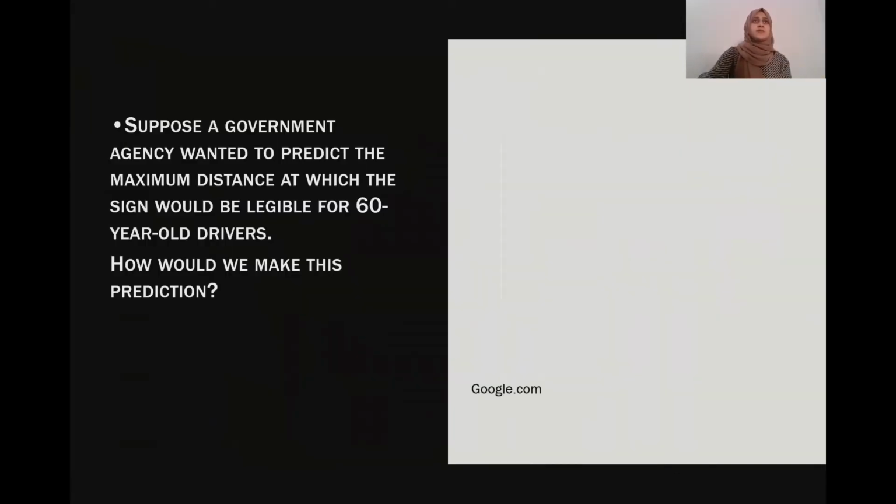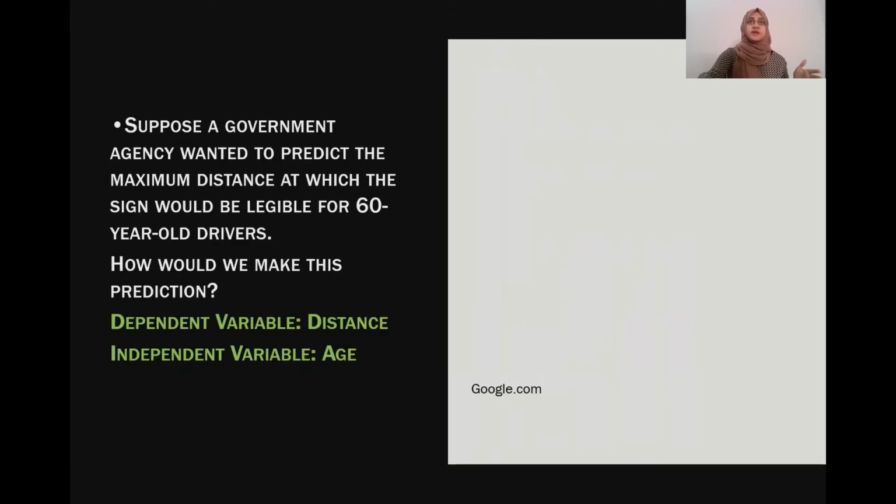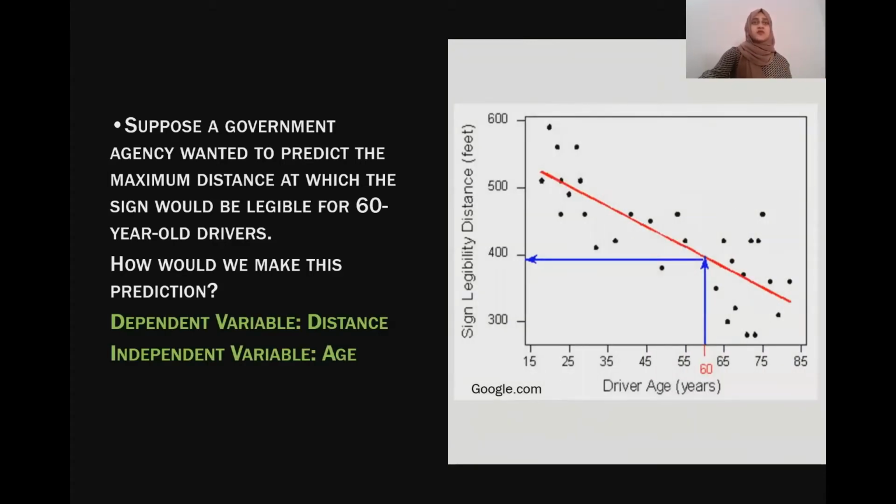So here's an example. Suppose a government agency wanted to predict the maximum distance at which a sign would be legible for 60-year-old drivers. How would we make this prediction? We use the data that we already have plotted on a graph and make a regression line. I know that the dependent variable is distance and the independent variable is age.